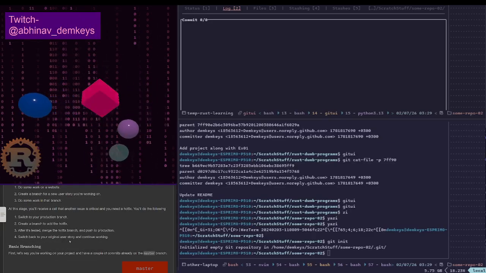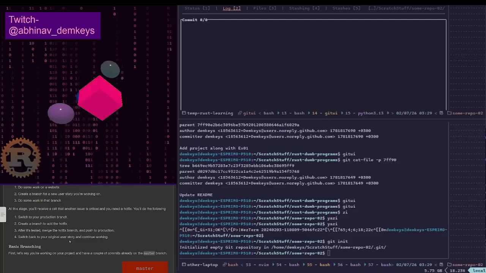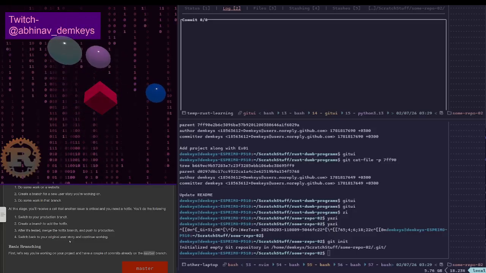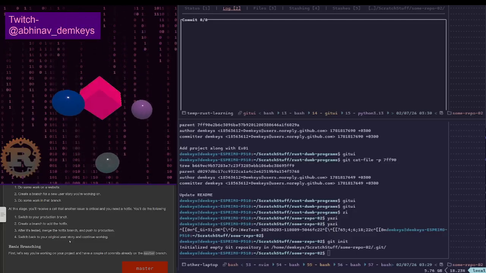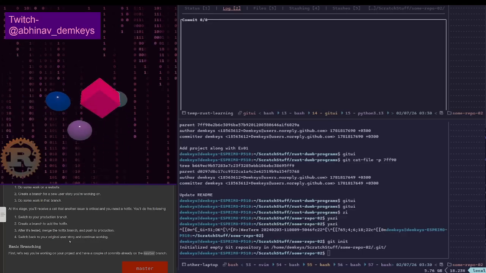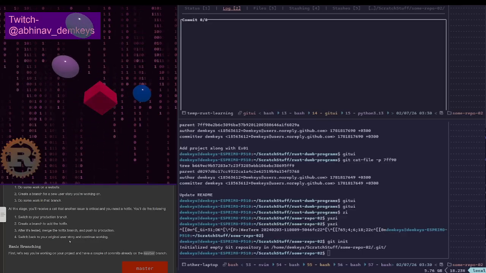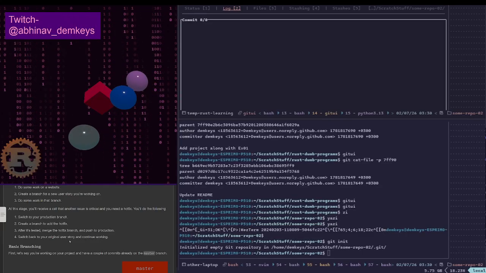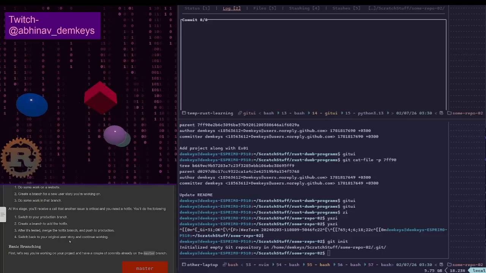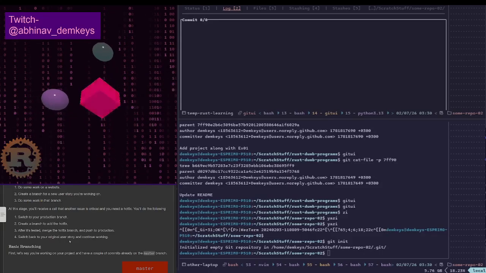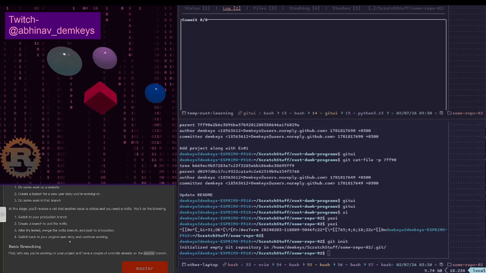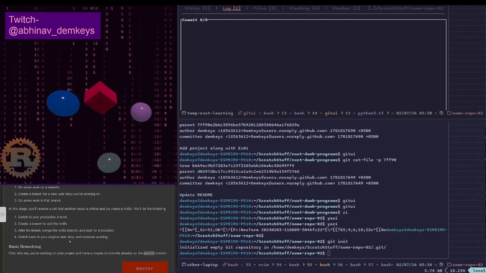Okay, create a branch to add the hotfix. After it's tested, merge the hotfix branch and push to production. What is the difference between merging the hotfix branch and then pushing to production?